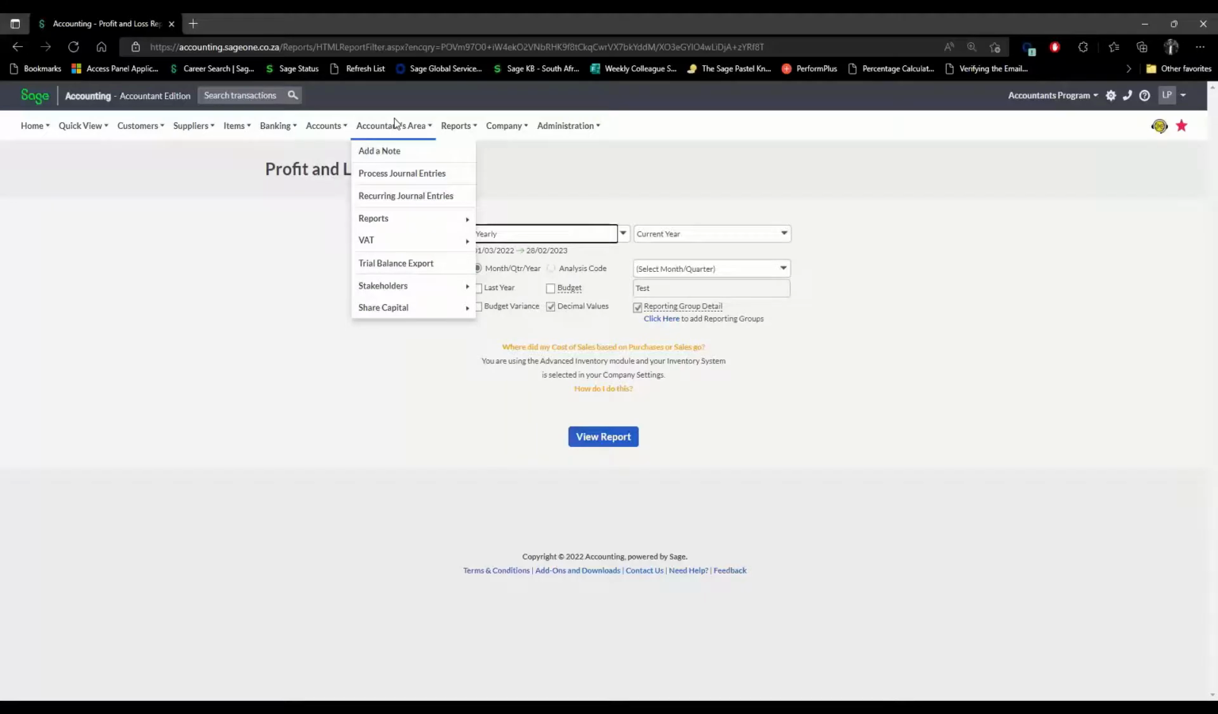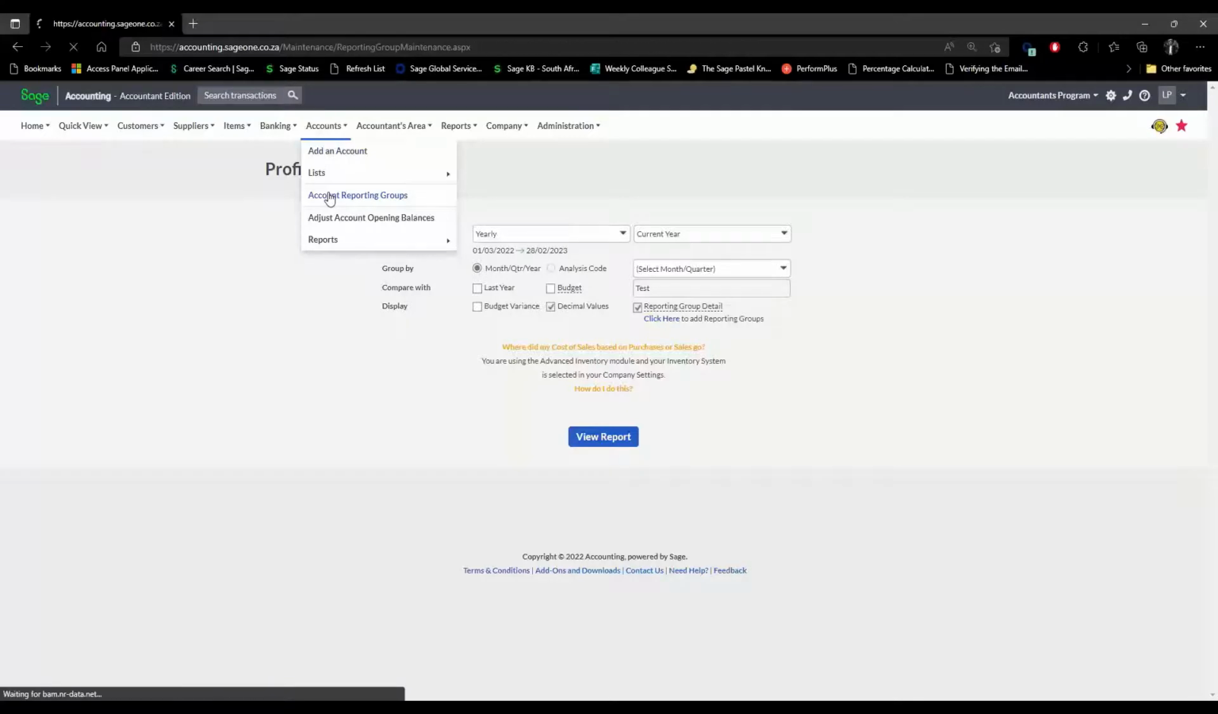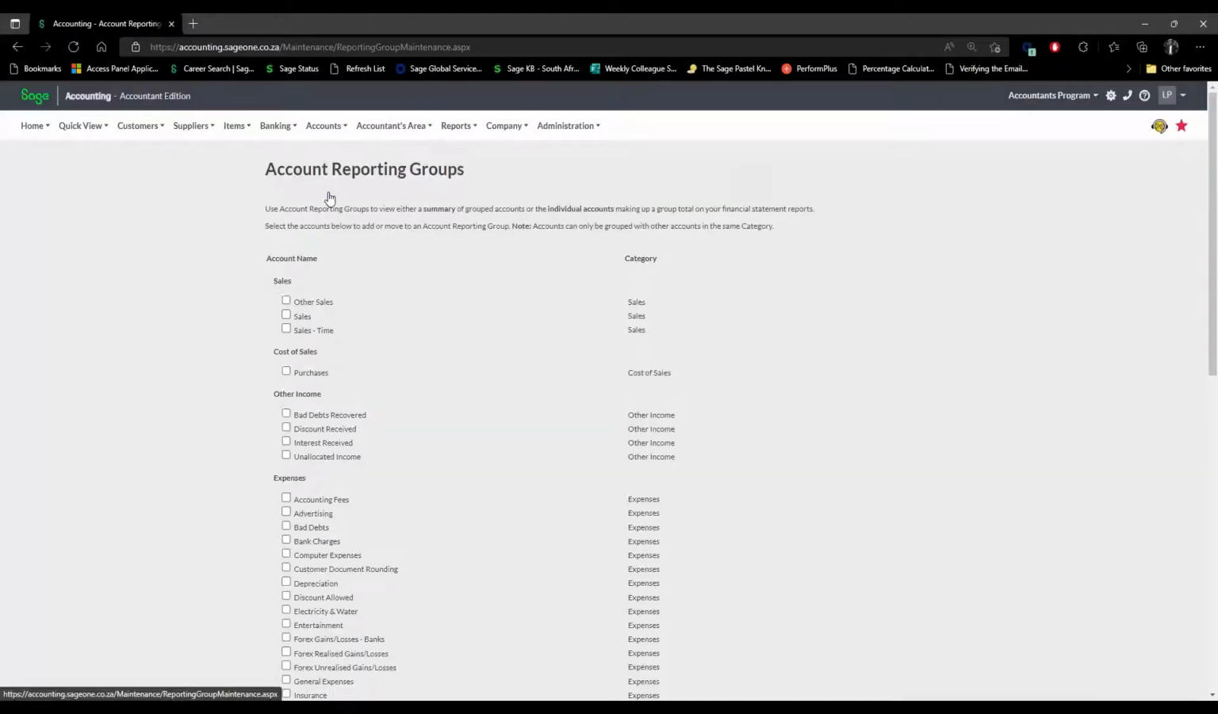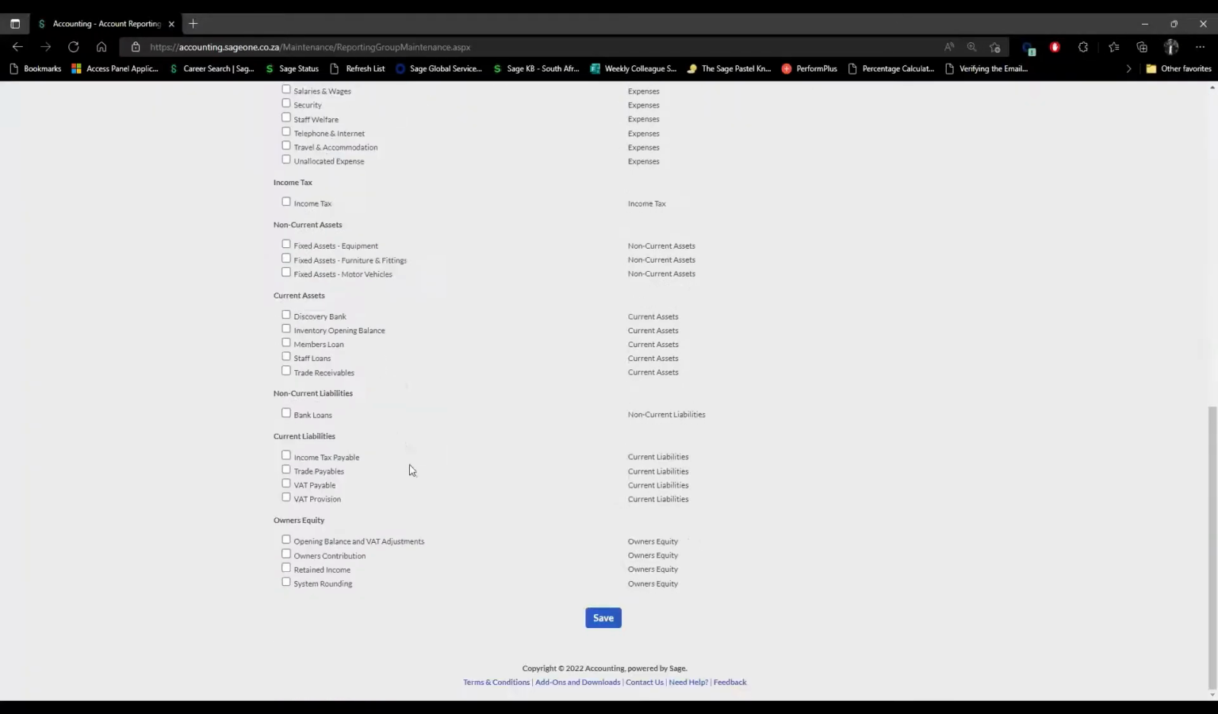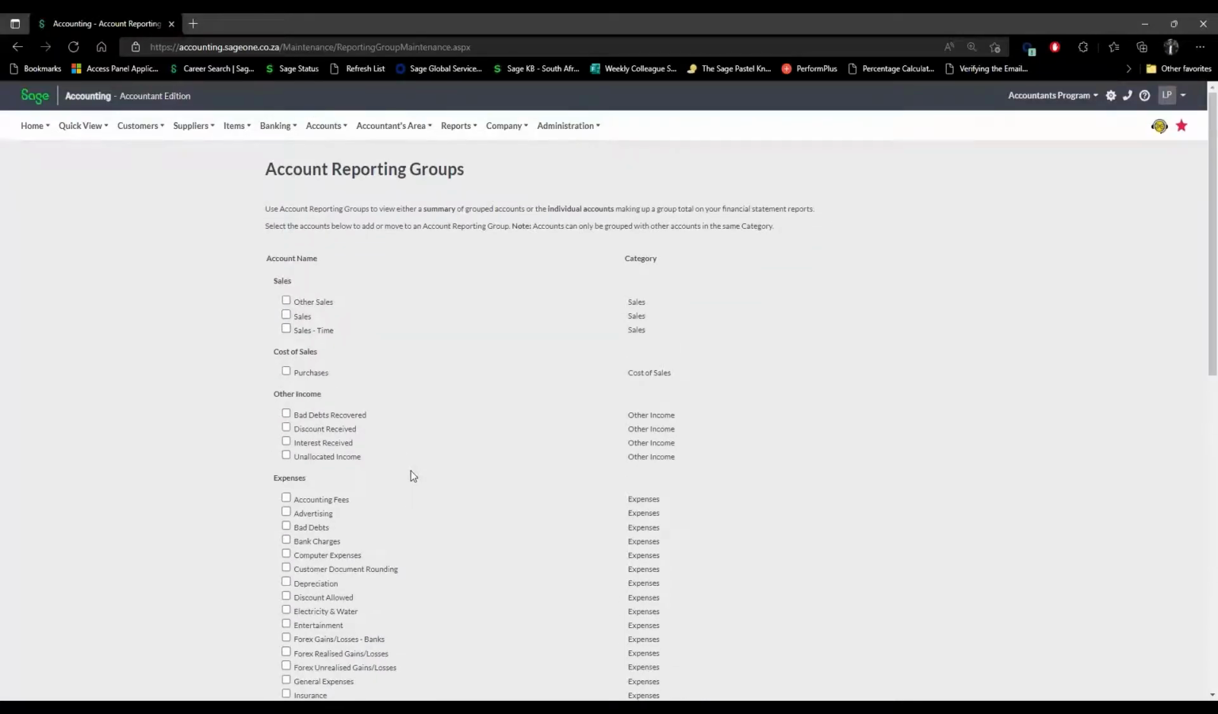Now, another key thing I want us to touch on is accounting groups. So obviously, because there's no account numbers on cloud accounting and it's just a named convention, and you want to maybe group your accounts to show in a specific way, you can do that by going to accounts, account reporting groups. Now on here, you'll see all the accounts that you currently have will be listed here in all of